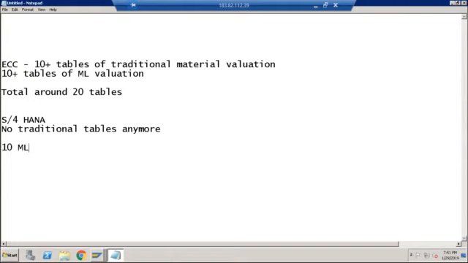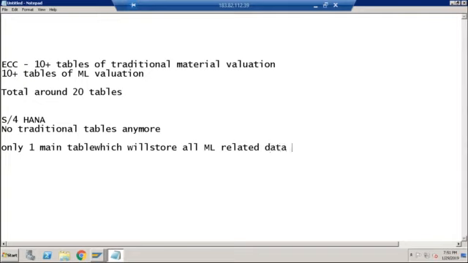Now let me tell you, even these 10 ML tables are also gone. Only one main table will store all ML related data, and that table is obviously ACDOCA.